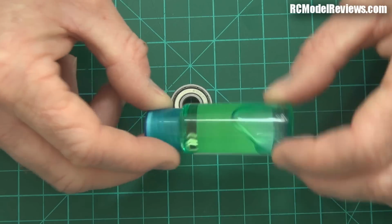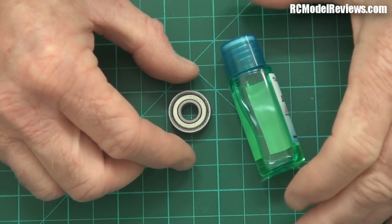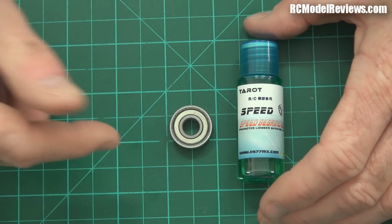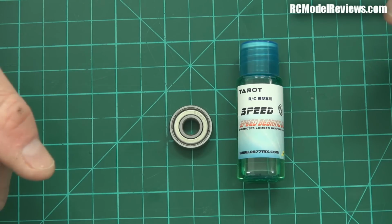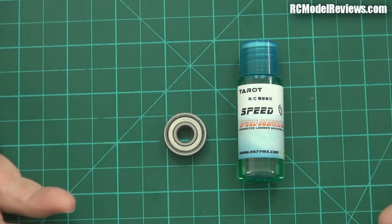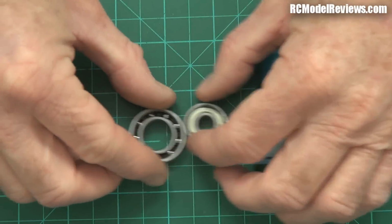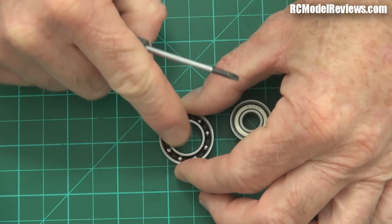It's not like a thicker oil you'd use in your car, and the reason it's thin is because, as I mentioned before, you want a very thin oil in a high-speed bearing, otherwise you get that running through water situation. Even worse, if your oil is too thick, then the balls won't even rotate, because as the bearing turns, and we'll use the open bearing to show this, as the races turn, you can see the balls are actually moving